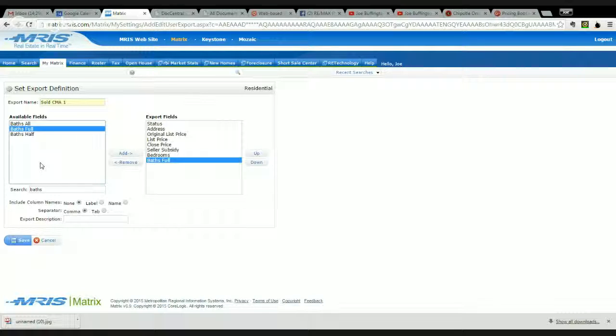Other things, and not to bore you on how we create this, use this search function and you can keep adding things. So other things I've got is half baths, above grade area finished, and also tax total living area. I've been looking at both of these. Usually tax total living area is a better one. Style, year built, basement type, lot acres, the close date, days on market M and days on market P,